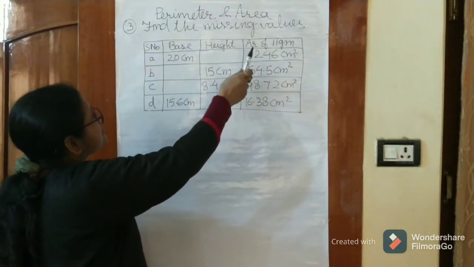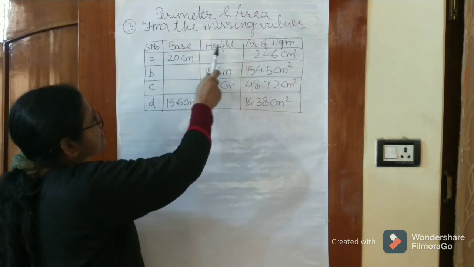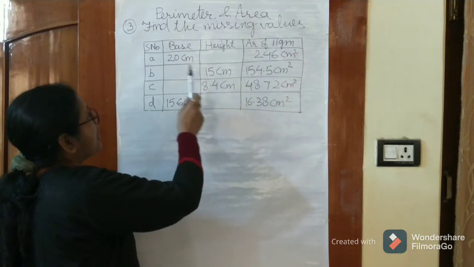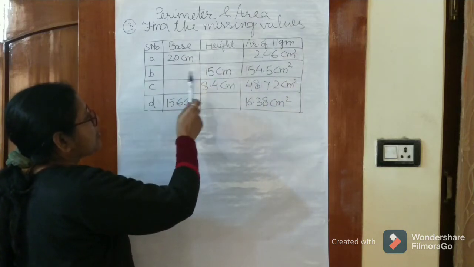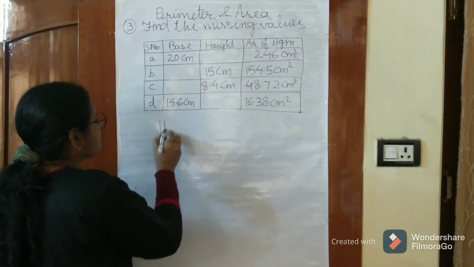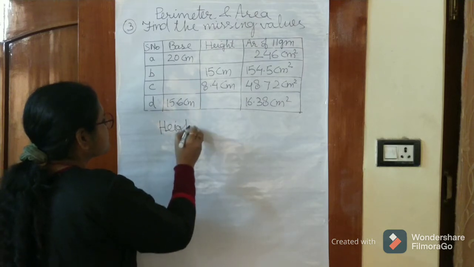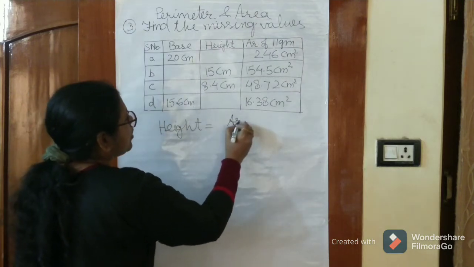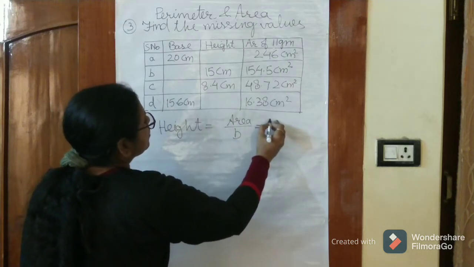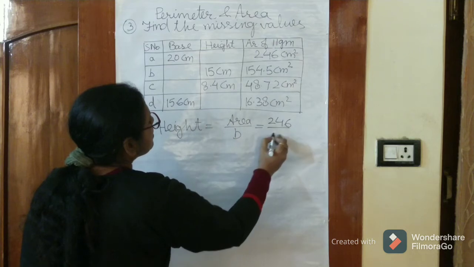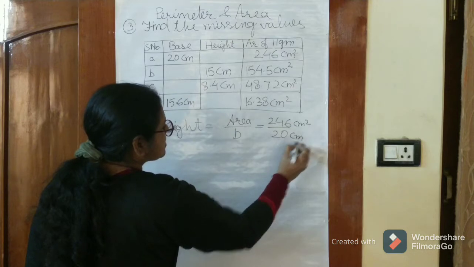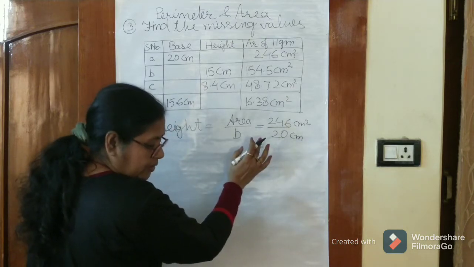Question 3. Find the missing values. Base, height, area of parallelogram. Means according to the area of the parallelogram, either you have to find the height or the base. Already in the formulas I have shown you how you will find the height. The formula for finding height is area upon base. Then 246 upon 20. This is centimeter square and this is centimeter. So after dividing, you can get